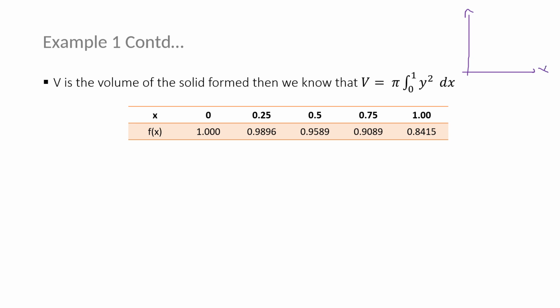if again this is x and this is y, then first is x equals to 0, y is 1, then 0.25, y is slightly less, 0.5, y slightly more, 0.75 and 1. So maybe that curve actually goes through those points like that. So you may plot this on GeoGebra if you want. Okay, and that's how we use those additional lines and the x-axis and rotate. Okay, so anyway,